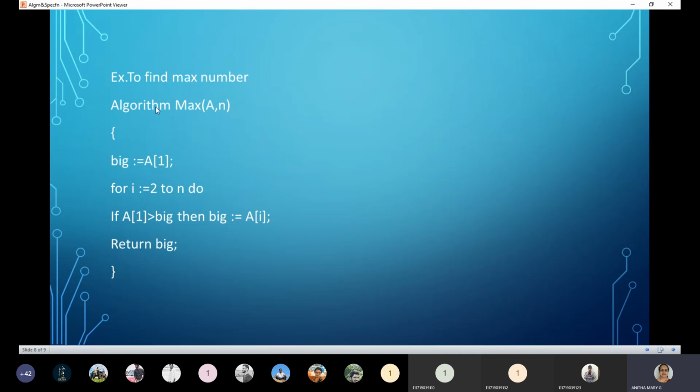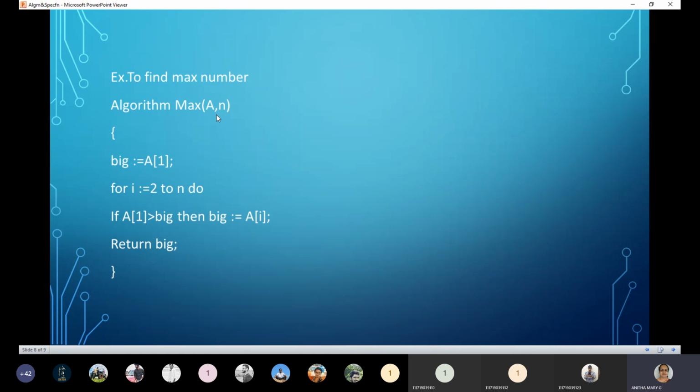The procedure starts with the algorithm keyword and then the function name and then its parameters. So here A is an array and N is the number of elements. When I want to find the maximum of a few numbers in an array, first I take one number and compare it with each and every number in order.